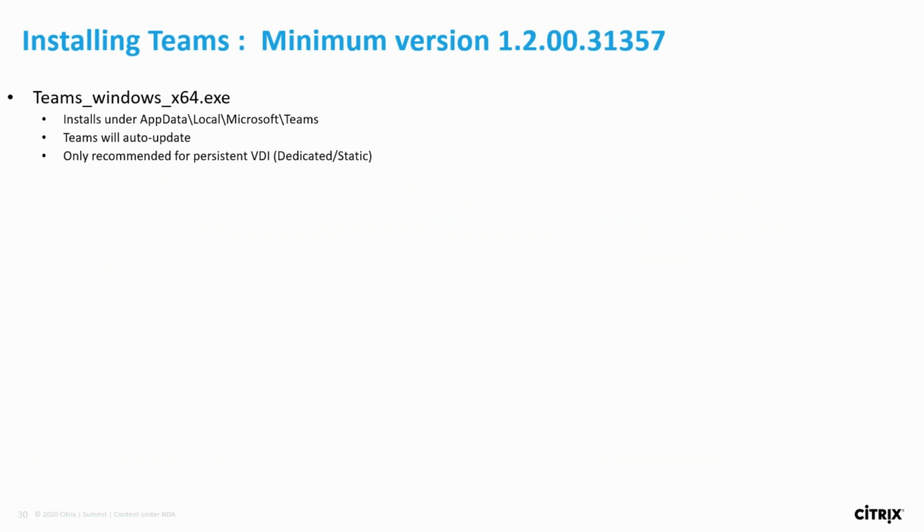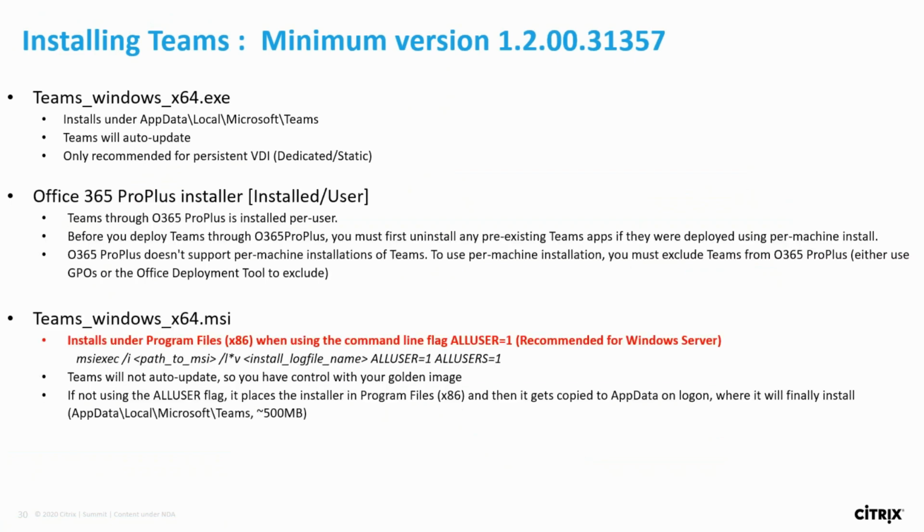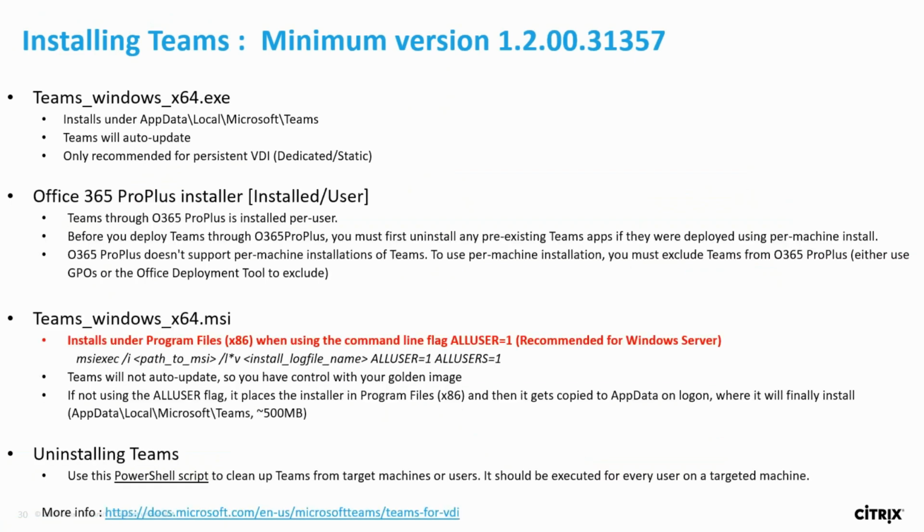So when we install Teams, there are only a couple of things I want to call out in this slide because I know we're talking a lot. Make sure your install is a machine-wide install and not a user-based install, and make sure auto update does not happen. So we want to make sure that when users log on, Teams doesn't try and auto update in a non-persistent VDI or hosted shared desktop. And we want to make sure that the install is a machine-based install and not a user-based install, and we don't have a load of data going into a user profile. We want to make sure it stays out of there.